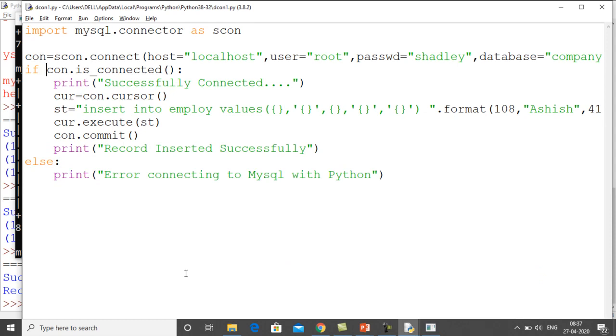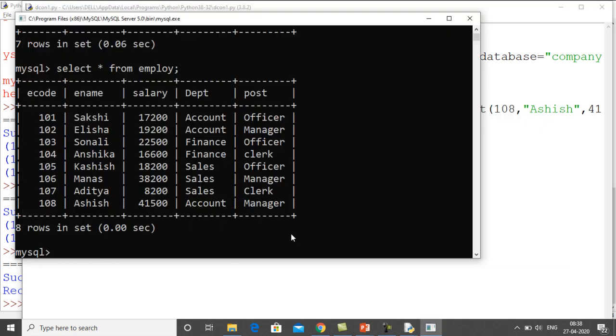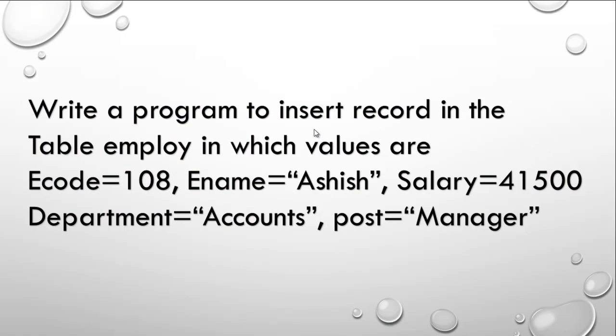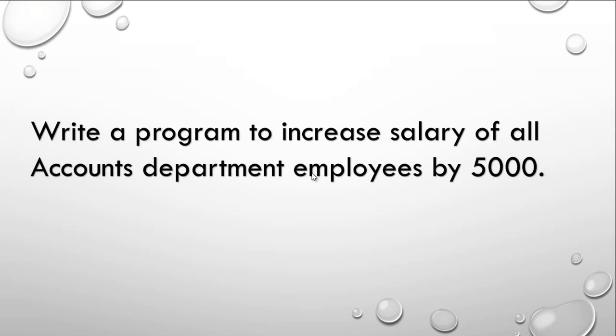So now you can see that the insert command is performed successfully, and also we have seen that the record of 108 is inserted in the table, right? So this is basically the case of insert command. So you can also note it down.